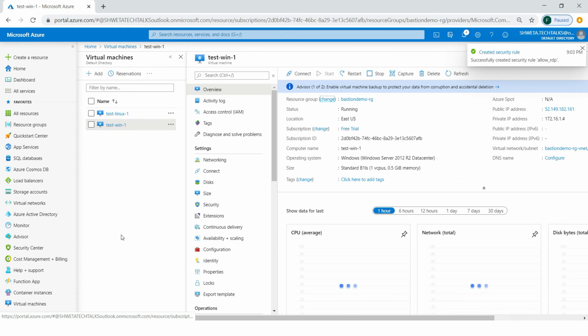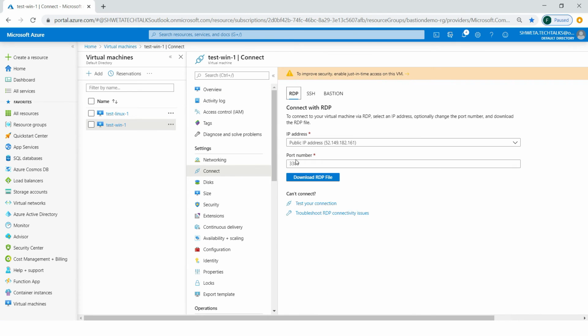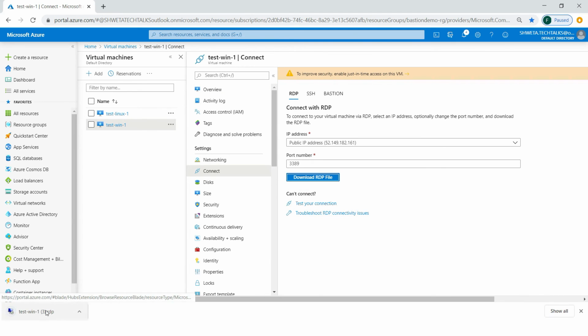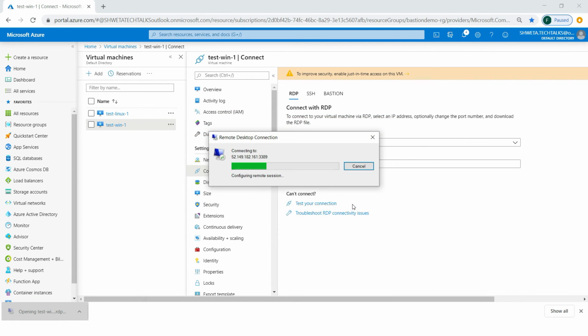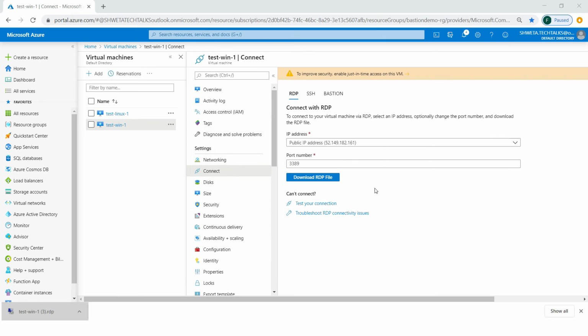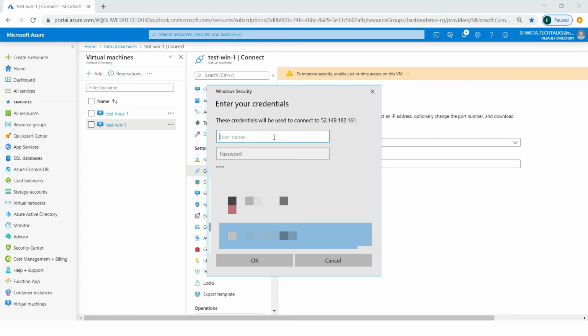So let's go back and connect. I can use the same remote desktop file. Alright, so if you see here, now I'm able to connect.